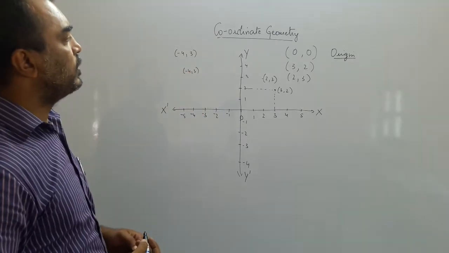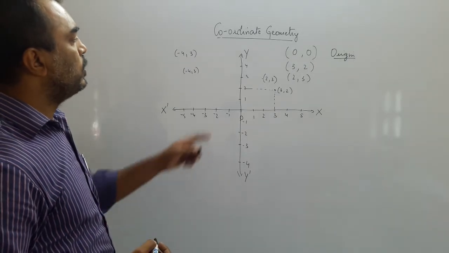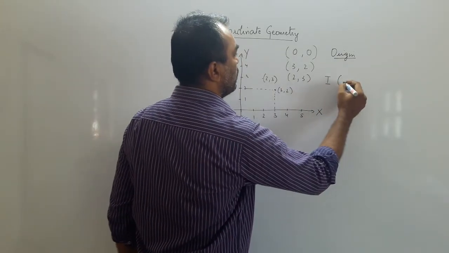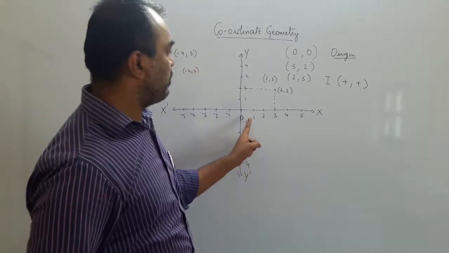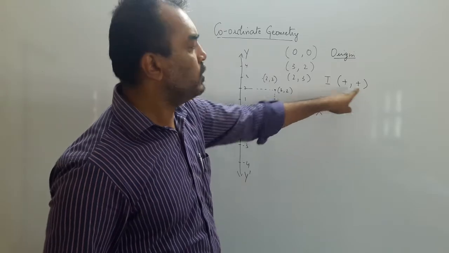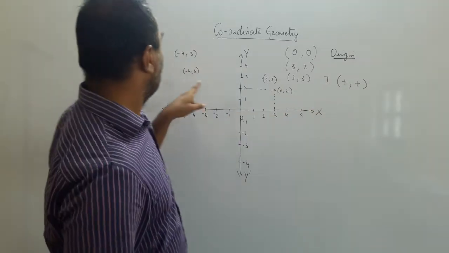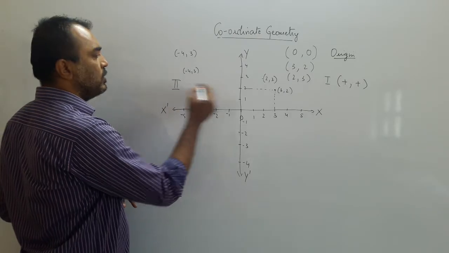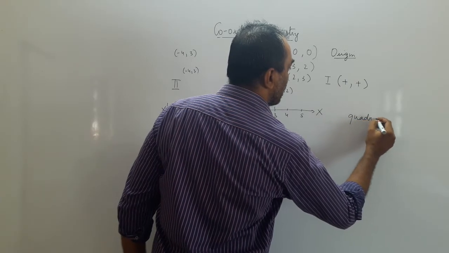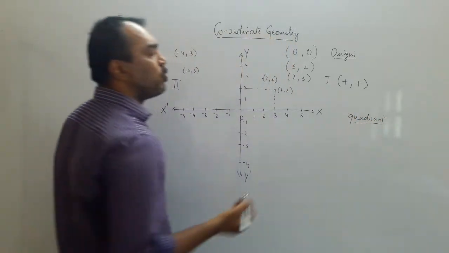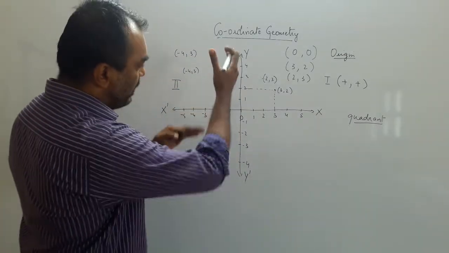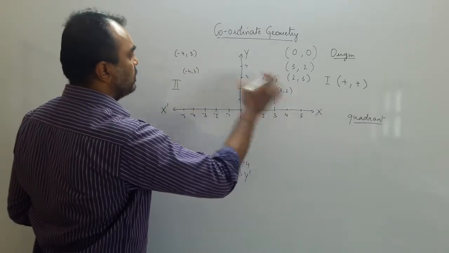So what do you observe from here? You can observe that in the first quadrant, both the coordinates are positive. Means we go to the right, so the coordinate is positive. We go to the top, so the coordinate is positive. This is the second quadrant. Remember, why do we call it a quadrant? The spelling is quadrant. It is like something in a quarter. When you divide something into 4 parts, each one is called a quarter. So this is divided into 4 parts. We call this the first quadrant. This we call the second quadrant.